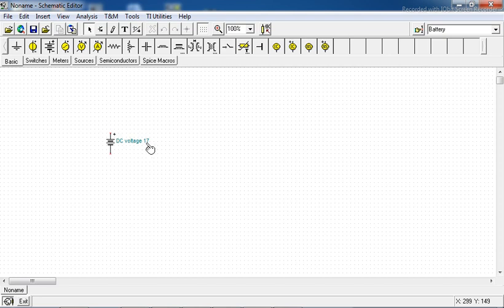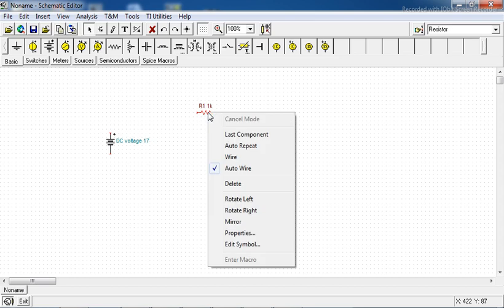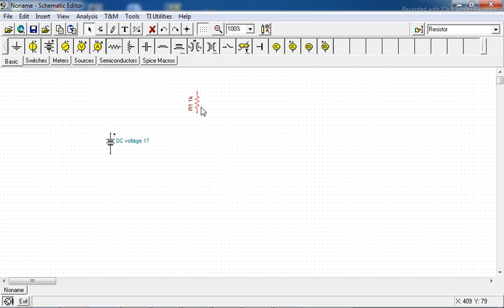Suppose I want to connect one resistor or load across that DC voltage. So let us pick that resistor from the component list. You can see the resistor is available here. Just click on that and place on the workspace. Okay, now I want to connect it in the vertical way, as if we are drawing in the theory lectures. In the same way we will place it. Okay, so just right click on that, click on rotate left or rotate right, it will be rotated.